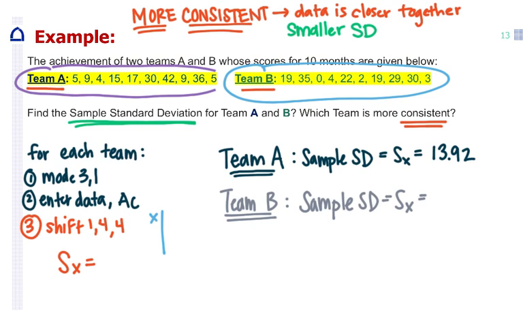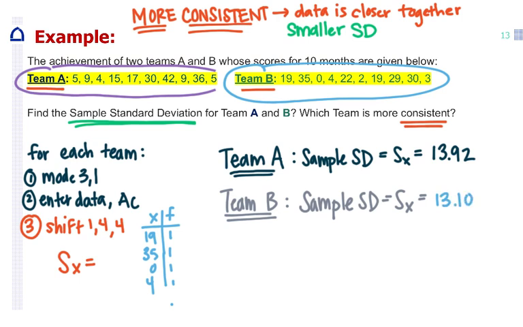When you're entering it, since this is just raw data, enter 19, 35, 0, 4, and so on. The frequency is just 1, 1, 1 going down, and you can just leave it. That's fine. Then you press AC, Shift 1 4 4, and we will get a sample standard deviation of 13.098. So that rounds to be about